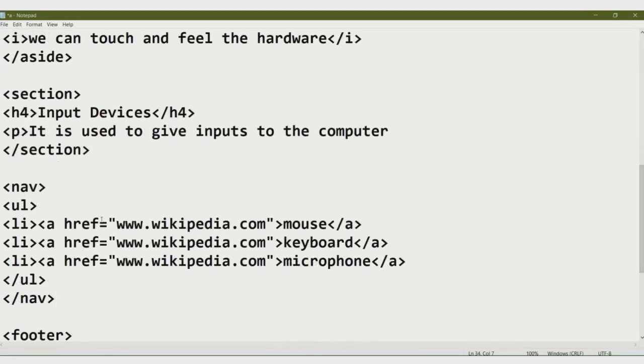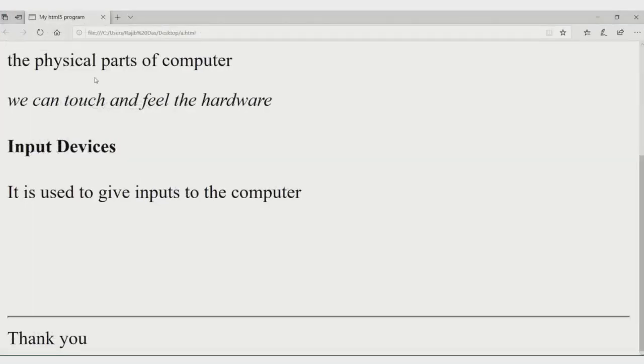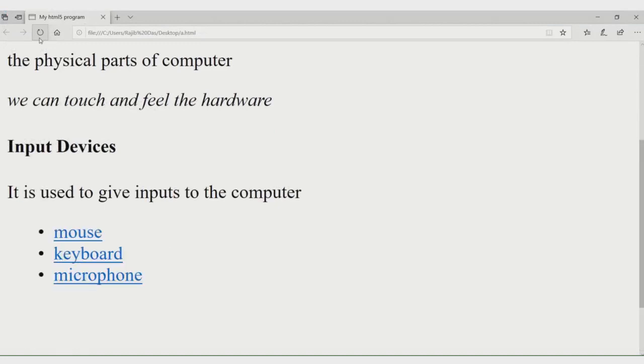Okay, now I have written these tags, and then file, save, and go to the internet page, reload. See, using the bulleted list, these bullets are created, and mouse, keyboard, microphone, these three words are there, and these are the linking words.